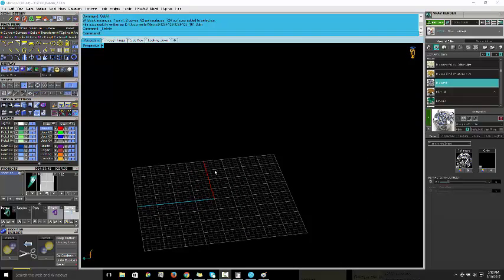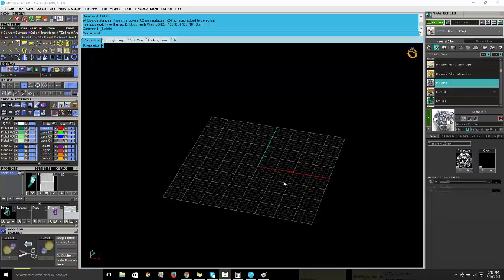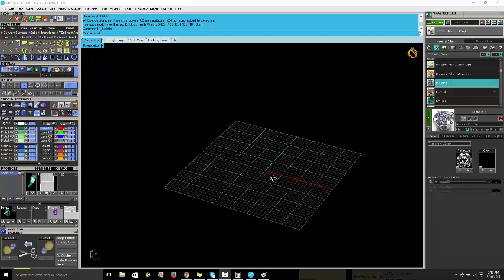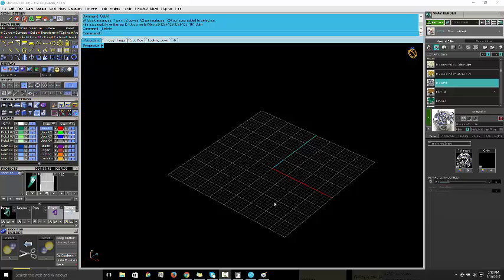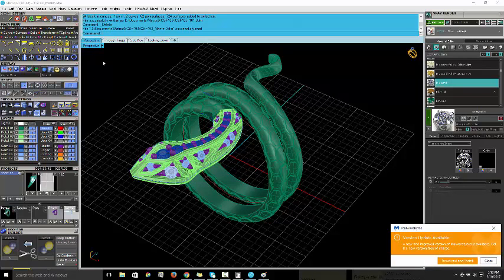So sometimes what we can do is a really quick model that's kind of unfinished, but no matter what, you still have to have a model in the system to run a render. Otherwise, what you need is just a hand sketch. So I want to talk a little bit about rendering and explain why I have 3 different tiers of pricing for rendering. So I'm going to go ahead and load up a ring that I made for iconery.com,